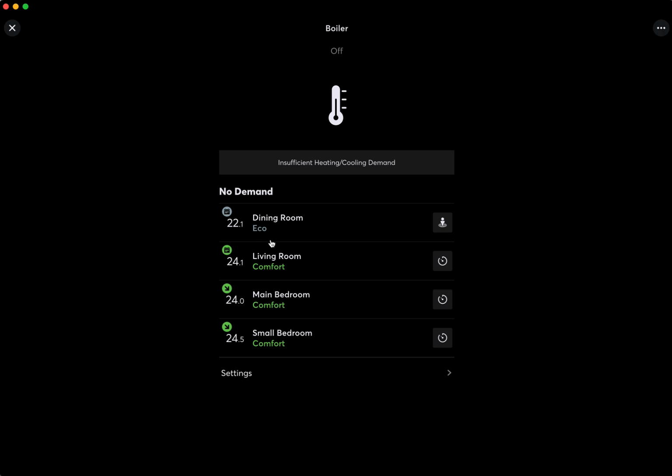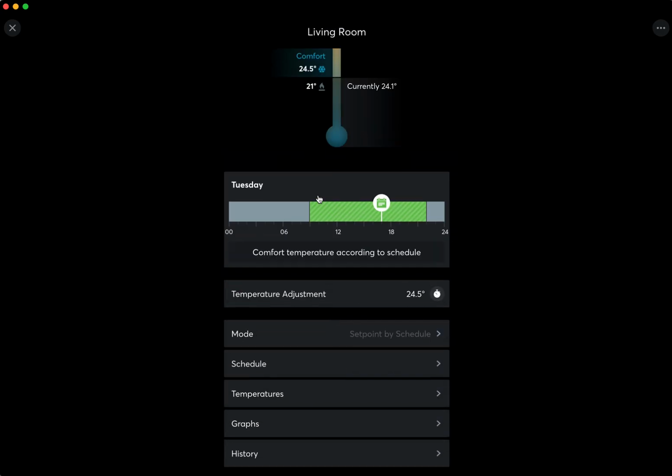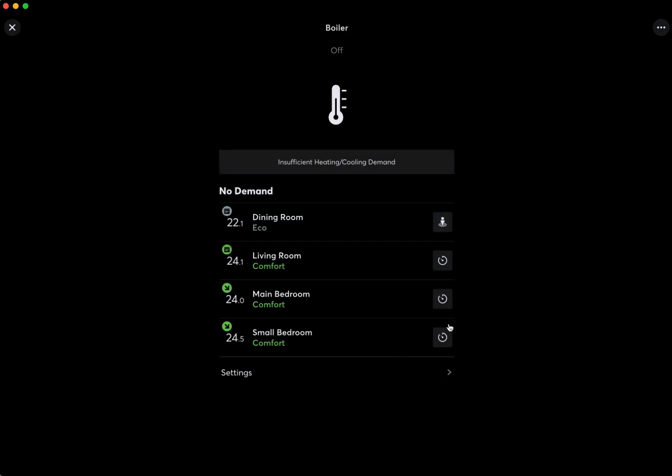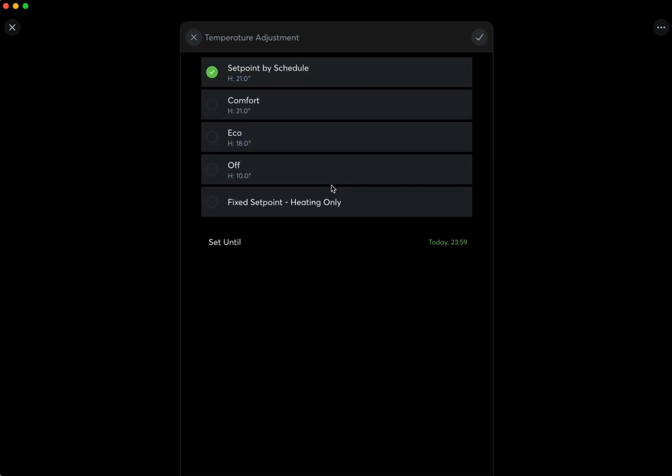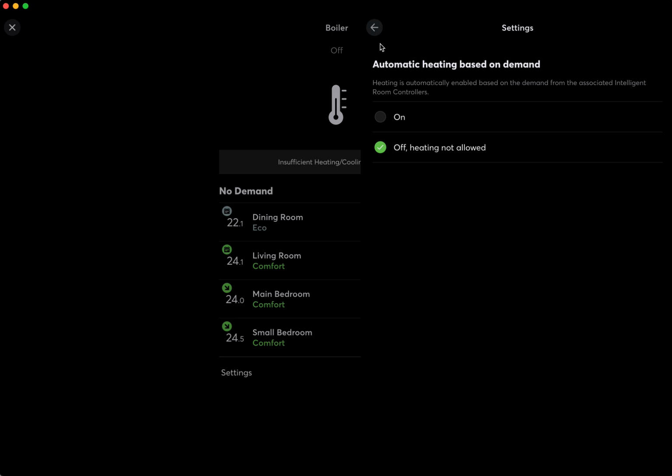This is a really good place to come and see which rooms or areas are basically making the boiler come on, because if the living room was to drop below the comfort temperature, it would create a new in-demand area and you would be able to see that that zone was calling for heat. From here you can go to each of the schedule blocks that we've been looking at. You can quickly do an override, temperature adjust from here, and there's the settings overall for the boiler,